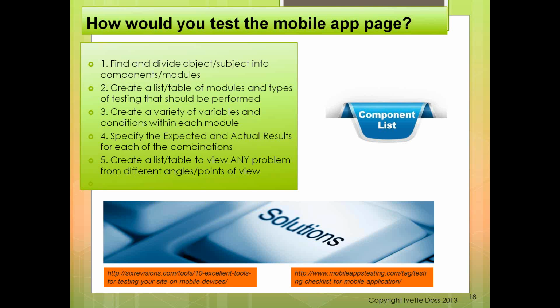Number one: if you have anything, you need to find and divide the object, or subject, into components or modules. So we come back to our exercise with the very good, nice looking green tree. We have a tree. How do we divide this into components or modules? What could be the tree's components? Give me some clue. Branches. Beside branches, what else do we have? Roots. Good job. What else? Leaves. All right. Look, we already have three components.